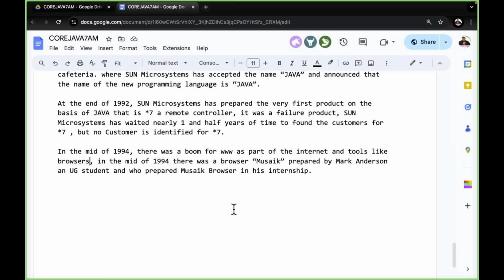In the mid of 1994, what I'm telling, only that browser was the famous browser outside. That browser had very good demand there in the mid of 1994. Only one browser in the market, that is Mosaic. Mosaic is a browser. Understand it clearly now. Right, sir. Now,